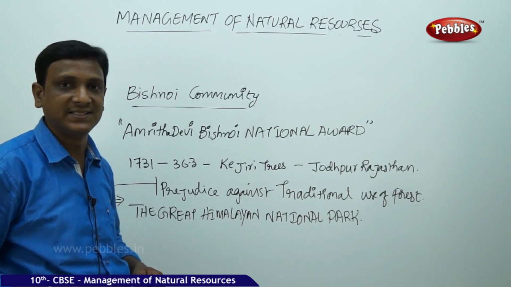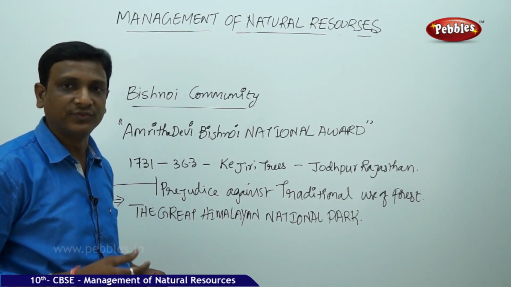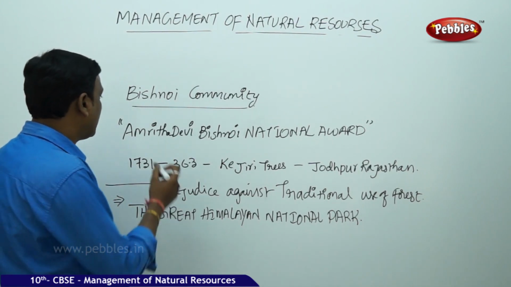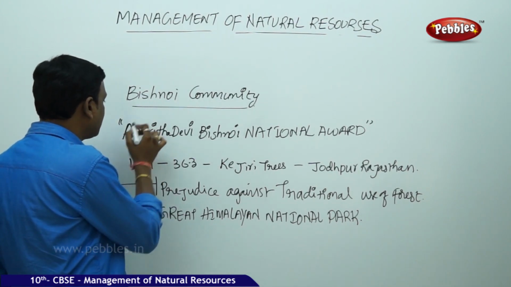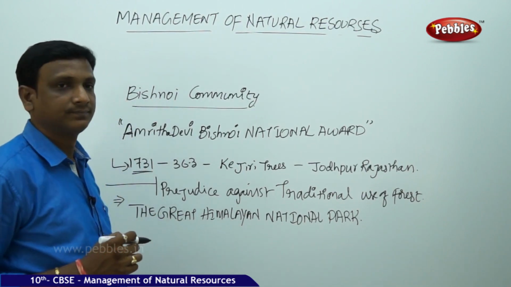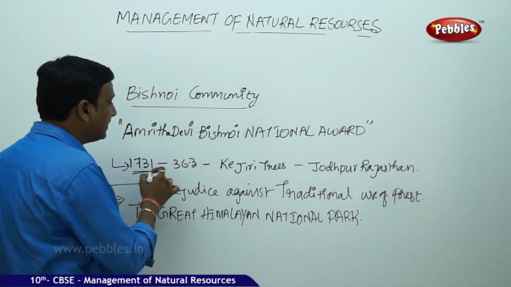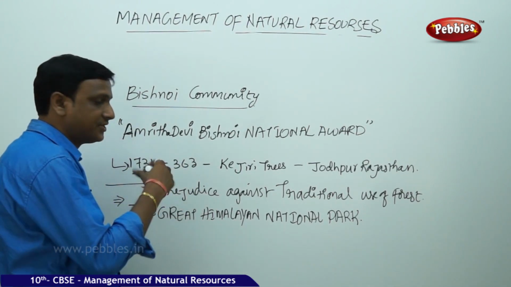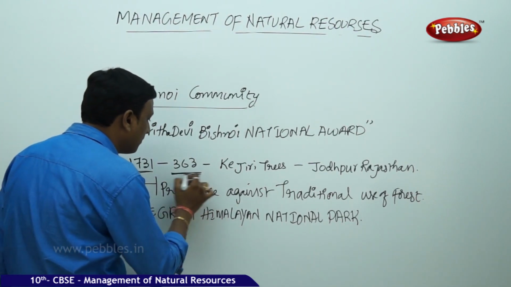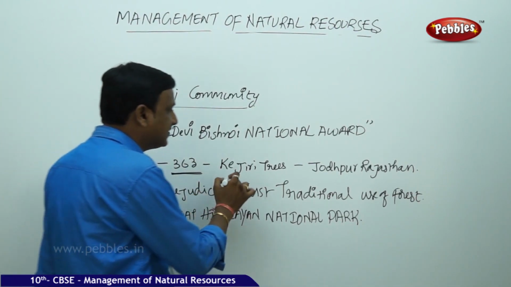It has become a religious tenet in their lives. It's a part of their life, protecting the trees and natural wildlife. So you see that by recognizing this, what was the incident? In 1731, a lady called Amrita Devi sacrificed her life along with 363 members in protecting the Kejri trees